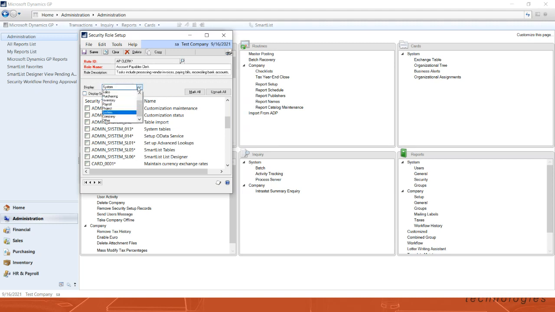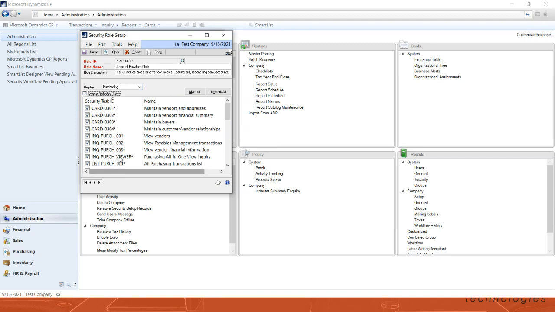So let's first change this back to purchasing and show me all the tasks that the AP clerk has. So these are all the tasks. What you can do, I think the easiest thing to do, is to add this new smart list to one of these existing tasks. Like if they're able to view payables transactions, we could add it there. If they're able to view all purchasing reports, we could add it there. However it pertains to you, find a task, double click on the task,